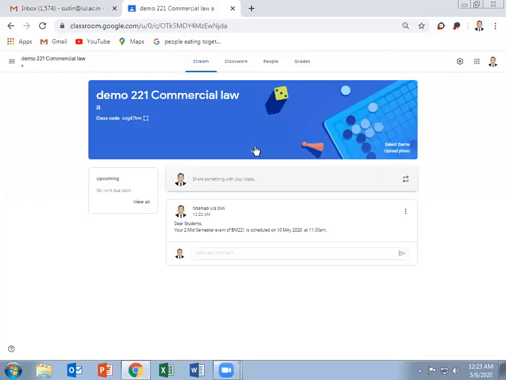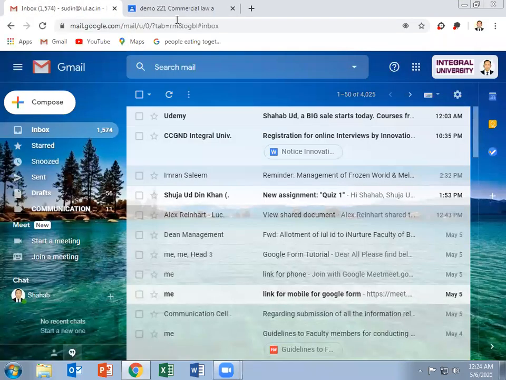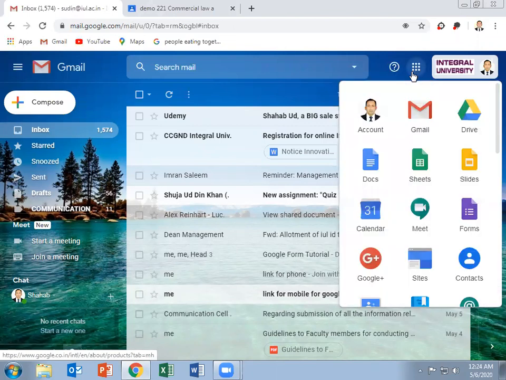The next step is you have to share the link 5 minutes before the scheduled time. So how will we share the details? We'll go back to the Google Form. We can go back to our Gmail, then click the button for Google Apps and click on Forms.